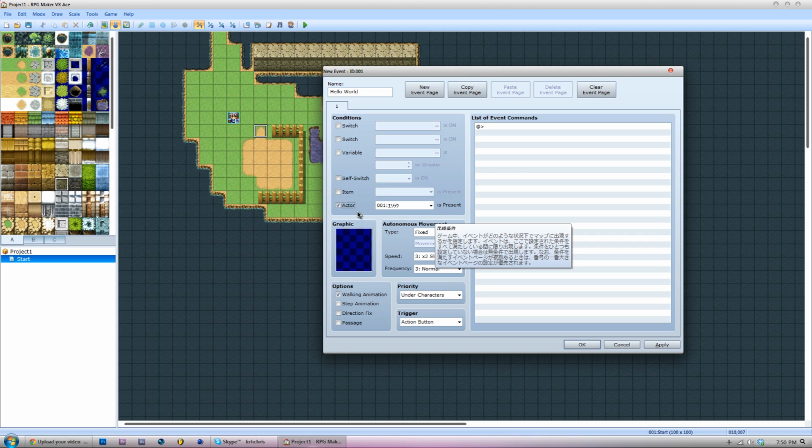Actor. Also a new feature, if a certain actor is not present inside your party, it will not activate. Once again, another new feature, so it's more variables for you to activate events. It helps with making sure the game's fluid, so you don't have to worry about cluttering your variables, switch